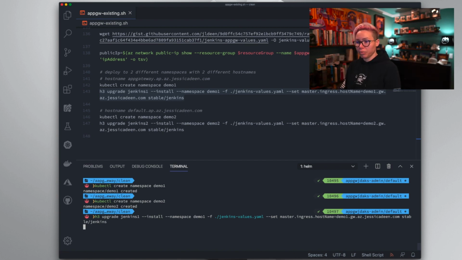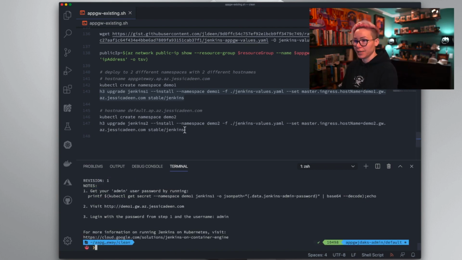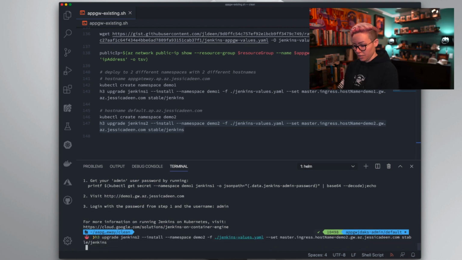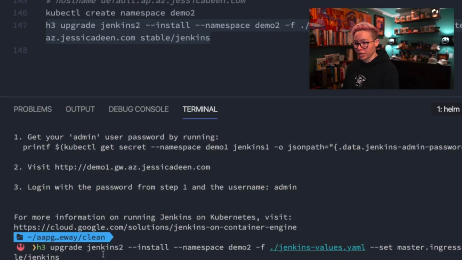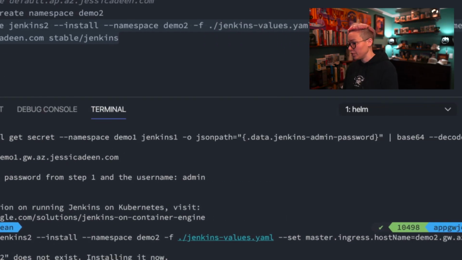And this is going to deploy out Jenkins 1 release into the demo 1 namespace. My brain kind of paused there. We're going to do the same thing with Jenkins 2. So I'll copy this and I'll paste this in. So again, if we zoom in, you'll see Jenkins 2 is going into demo 2 and the host